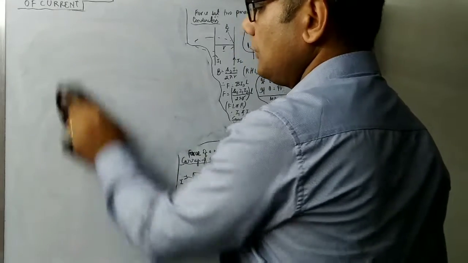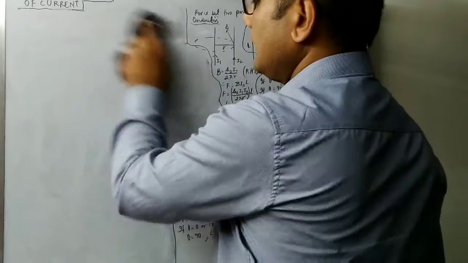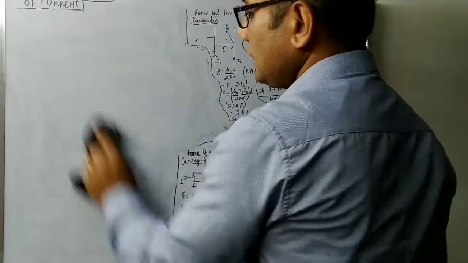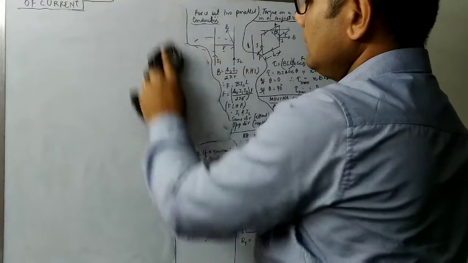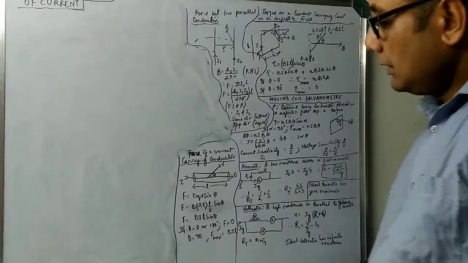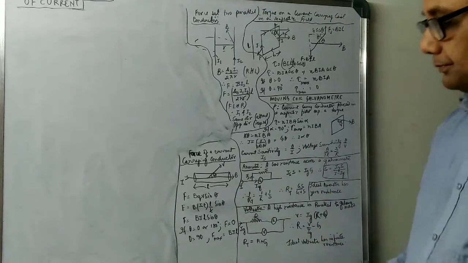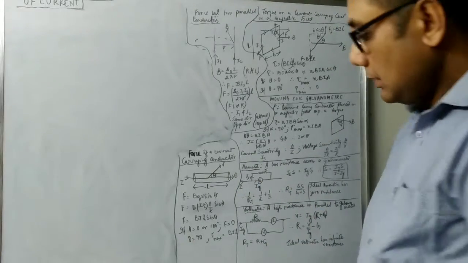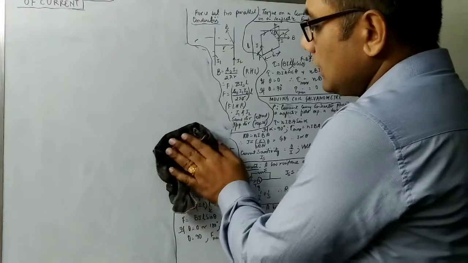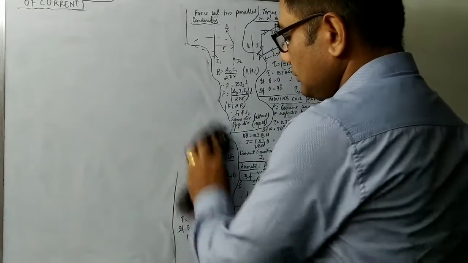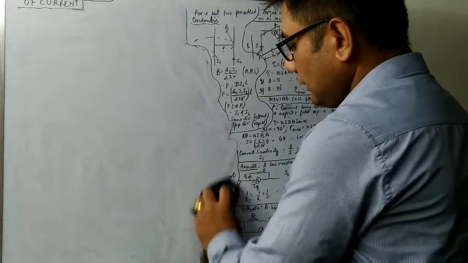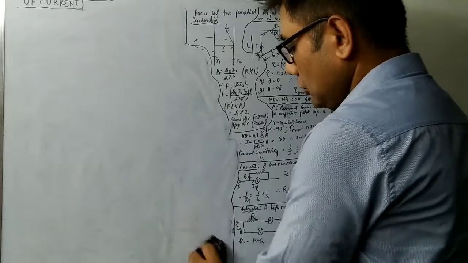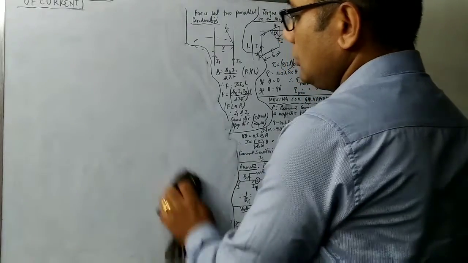So basically what we have seen just now is that when the charged particle is moving perpendicular to the magnetic field, it is experiencing the maximum force. So we have found out the maximum force acting on the charged particle in a magnetic field. We found out the minimum force acting on the charged particle in a magnetic field. So let us move now to the next section.